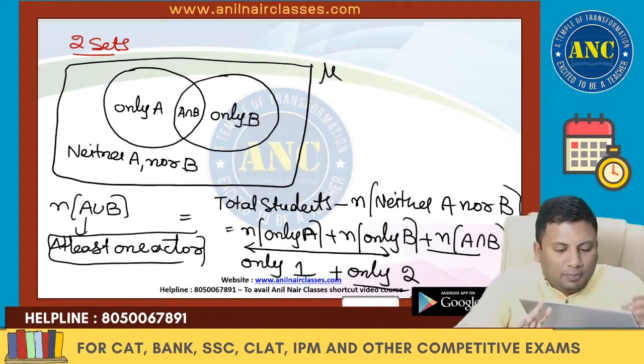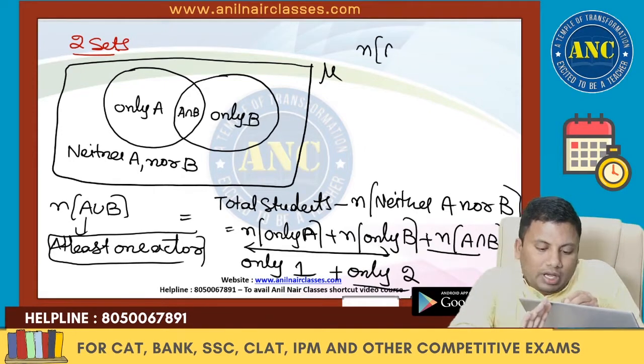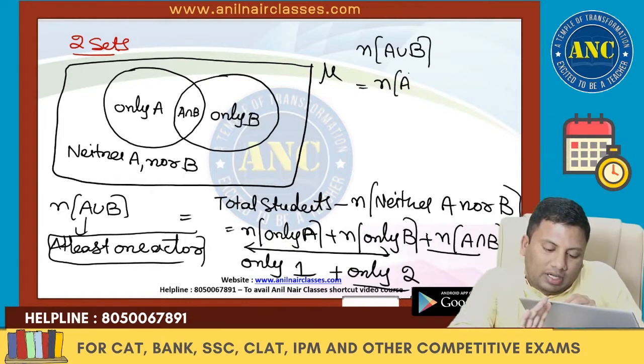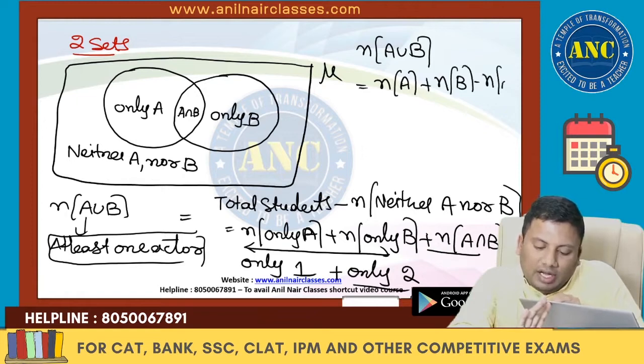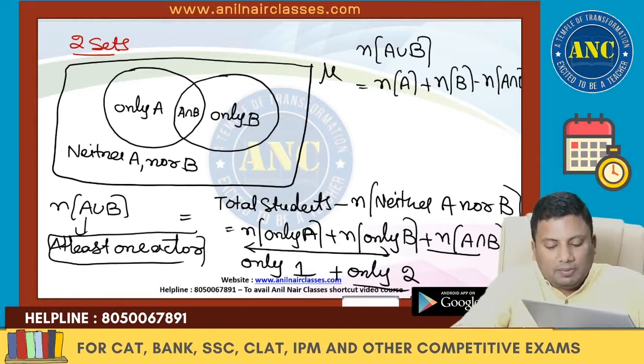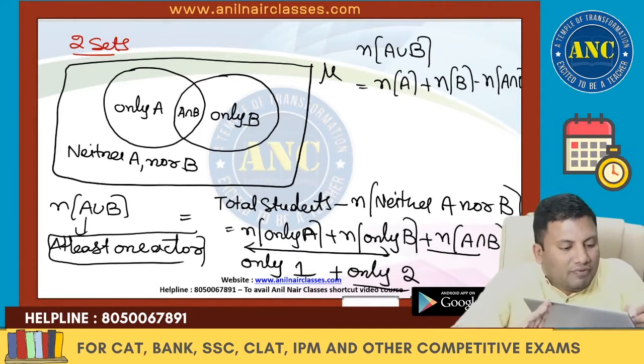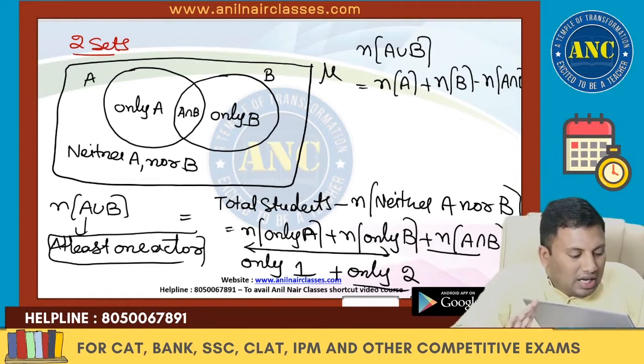But the fundamental principle of inclusion says N of A union B is also nothing but N of A plus N of B minus N of A intersection B. From where did you get this? This is A. This is B. What is N of A? Number of students who like